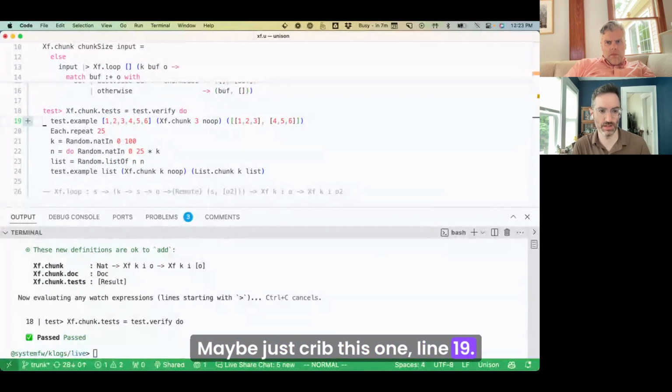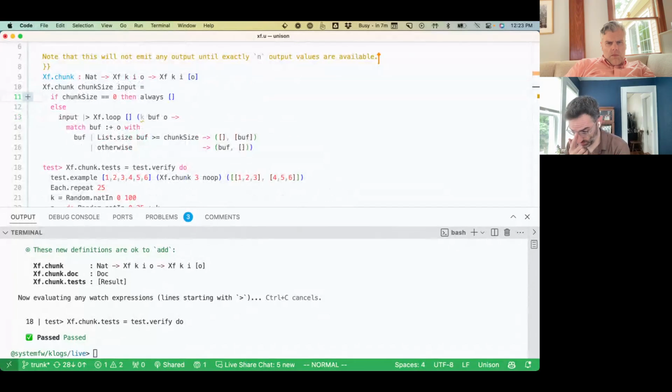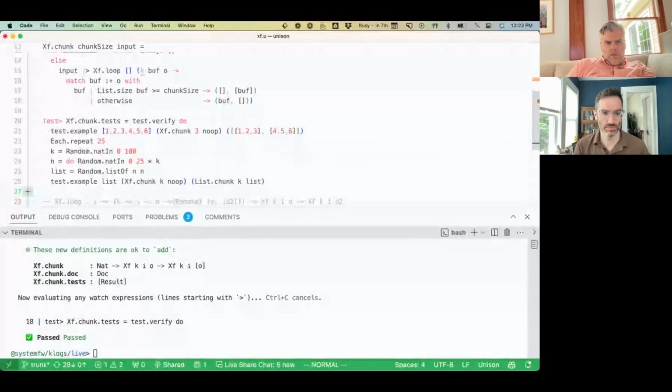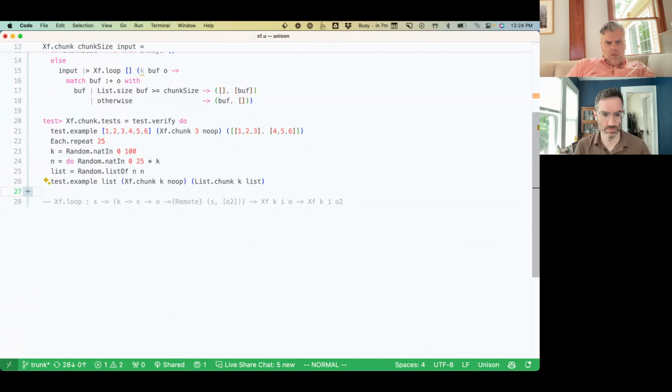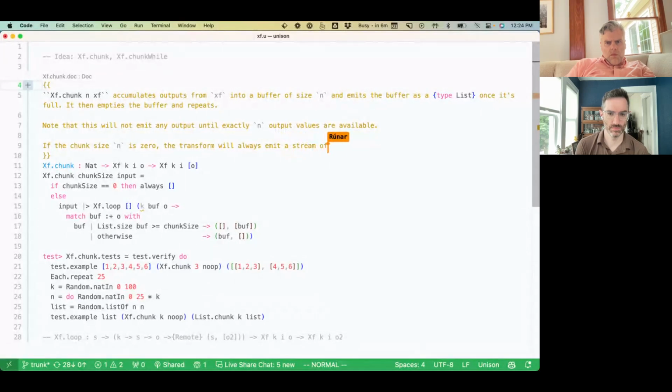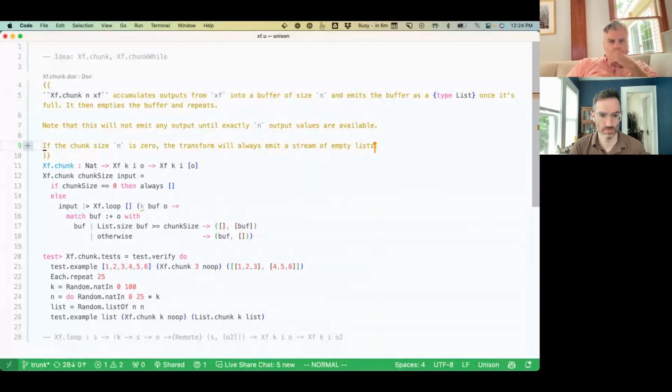Maybe just crib this one, line 19. Sure. Cool.